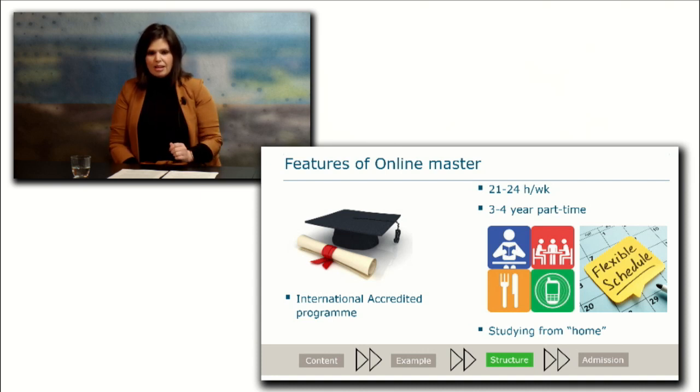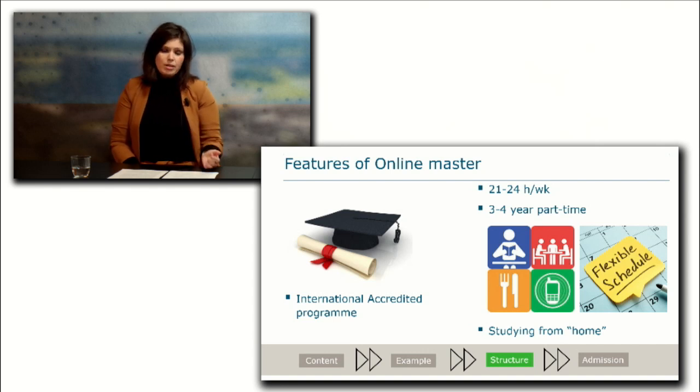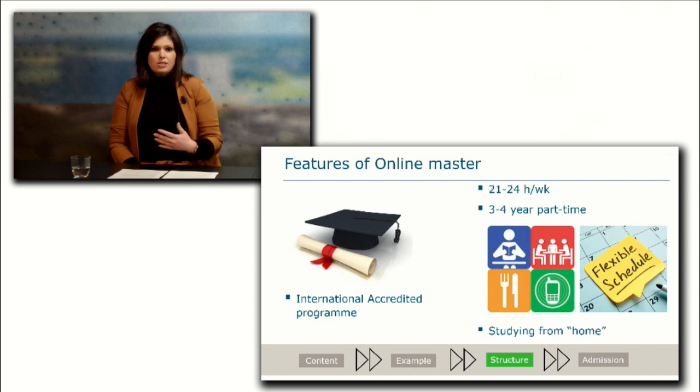a course. Another aspect of the online master is that it's organized in such a way that you can follow it on a part-time basis. So if you join the master, we expect that you spend about 21 to 24 hours a week studying for this master. And it's up to you when you want to study. So like I said in the beginning, if you feel like studying more in the evening or in the weekend, that's all fine. And we need this flexibility because we have people within the master that come from all over